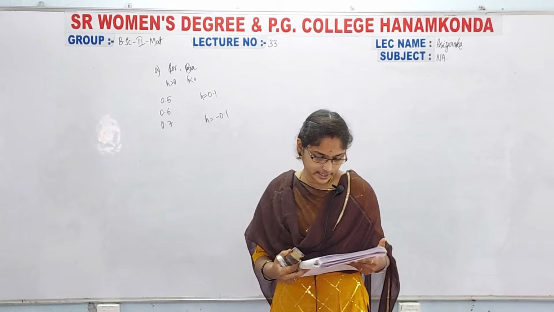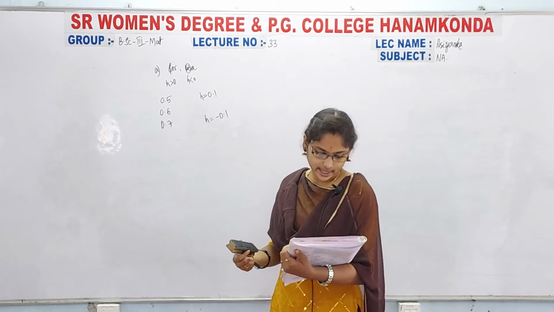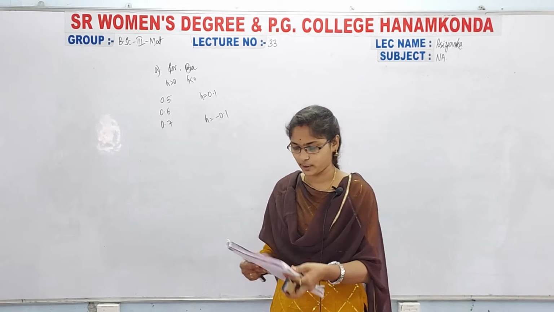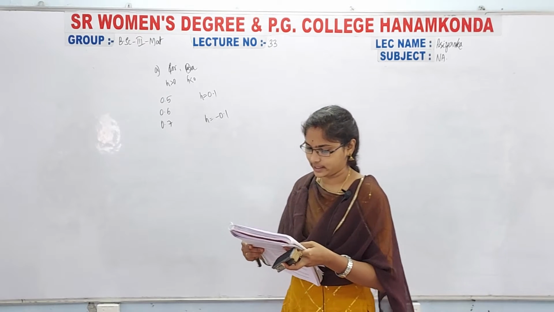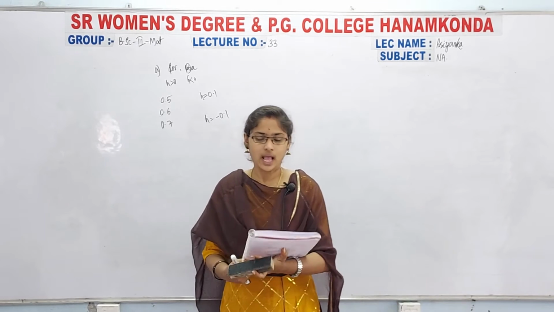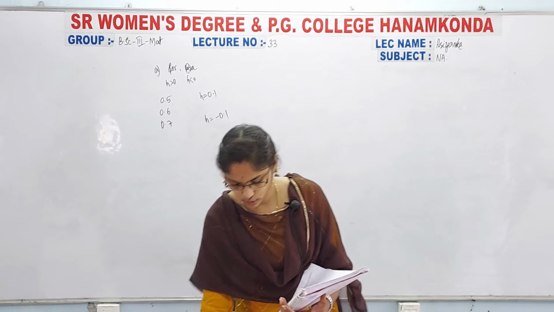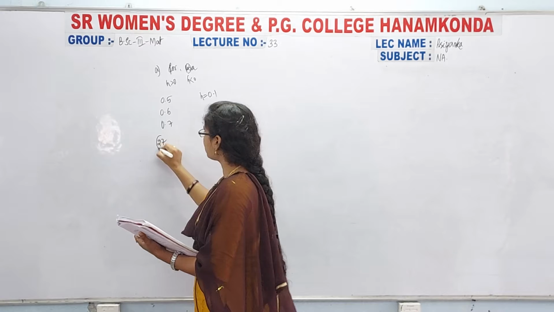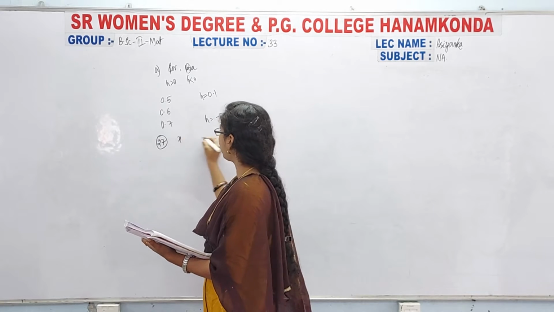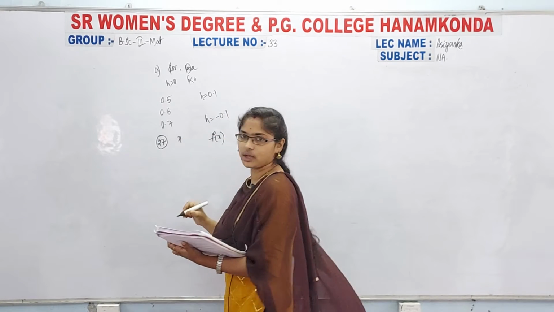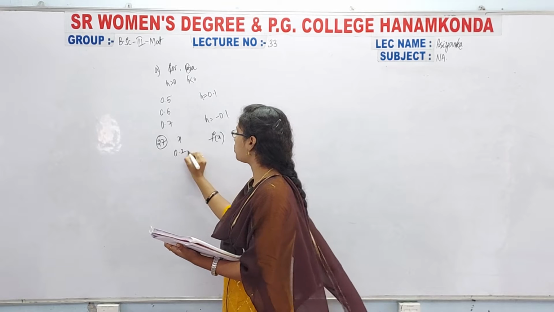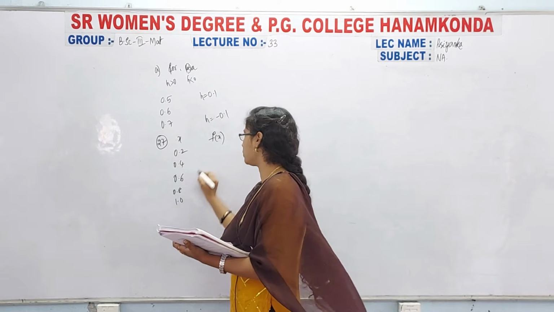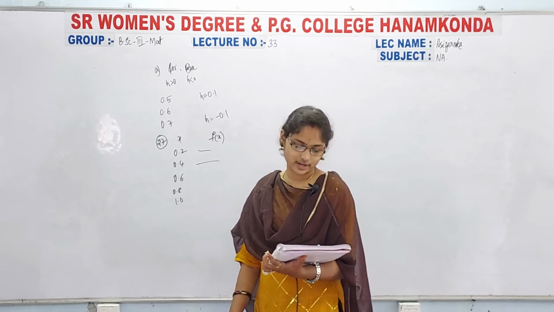Okay, and the next b bit is also the same. Next, coming to the 27th one, yeah, practical problem. Consider the following data. They gave some data. Okay, so they gave the values of x, f of x. Listen carefully ma, 27th problem. So they gave x value and f of x value. Okay, so x values are 0.2, 0.4, 0.6, 0.8, 1.0, and they gave the corresponding functional values.